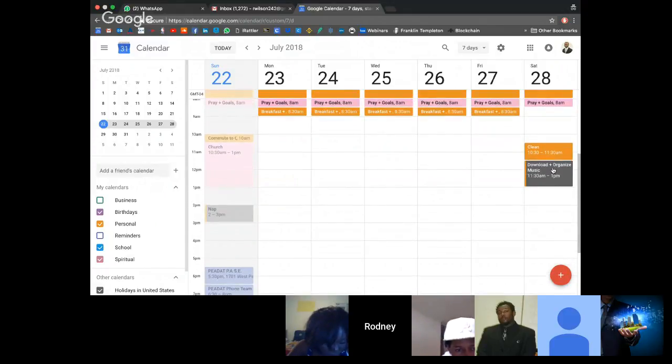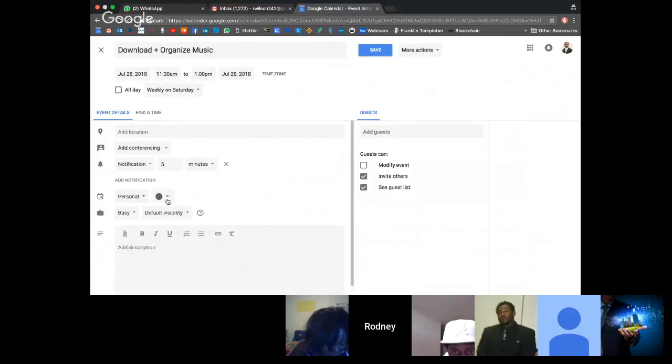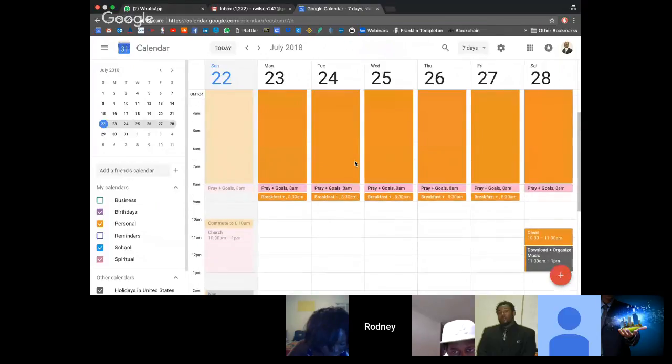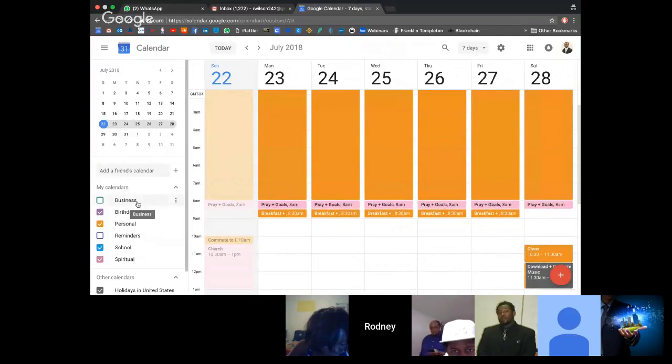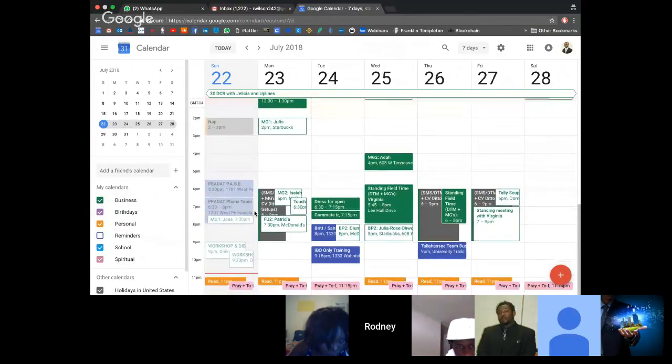How I did that was I just changed the color on it in the actual event. I changed the color right here, this event color. We'll go over everything. So anything in gray, I don't necessarily have to do. But anyway, the main big one is the business calendar here, which has all